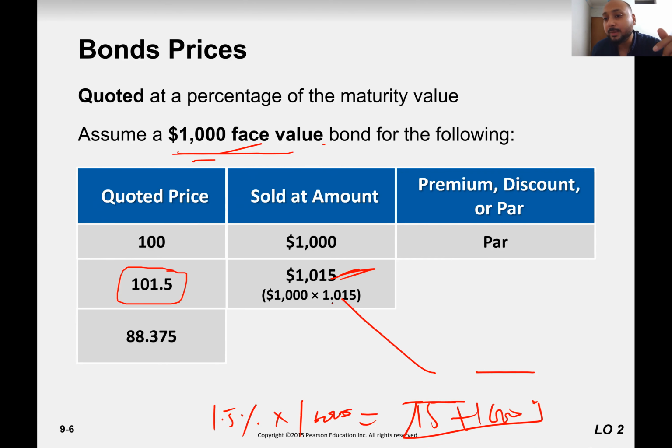We call this premium. So in the market, in the newspapers or in the news, you hear that shares or bonds are selling at a premium, or the quoted price is at a premium. So you automatically understand that right now the market price of the same bond, which was worth 1,000, is now trading in the market above 1,000 rupees, right? Similarly, this 88.35